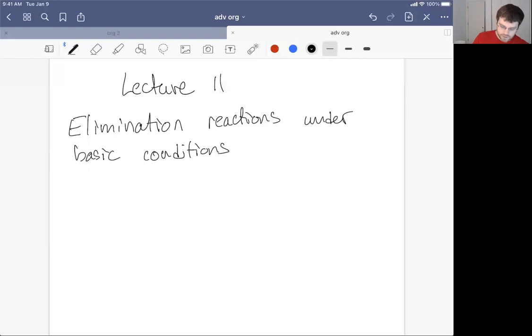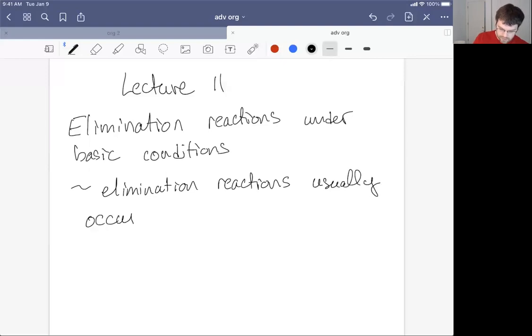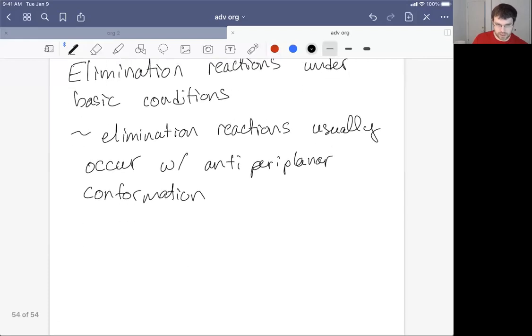Okay, the important thing to recall about elimination reactions is this term anti-periplanar, where elimination reactions usually occur with an anti-periplanar conformation. Now, there's a few ways that we could visualize this. We could go back into our Newman projections, but what I'll just say is that if we allow